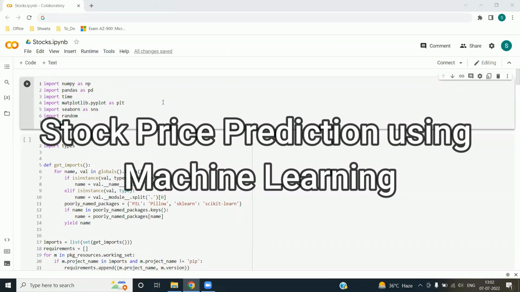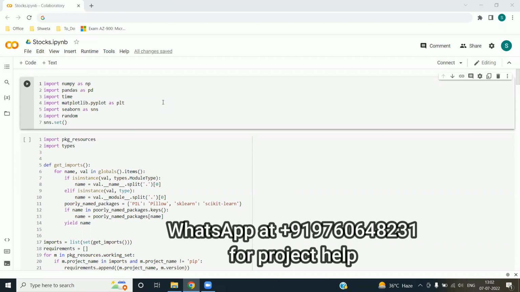Hello everyone. So this is the code for stock prediction using machine learning and various models. Let us have a look at this. So this is the first cell in which we are importing all the required libraries such as NumPy, that is